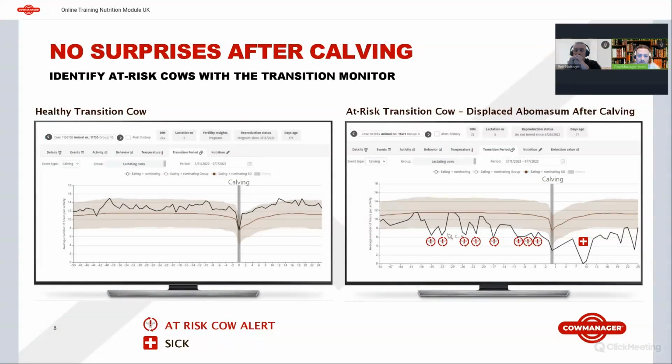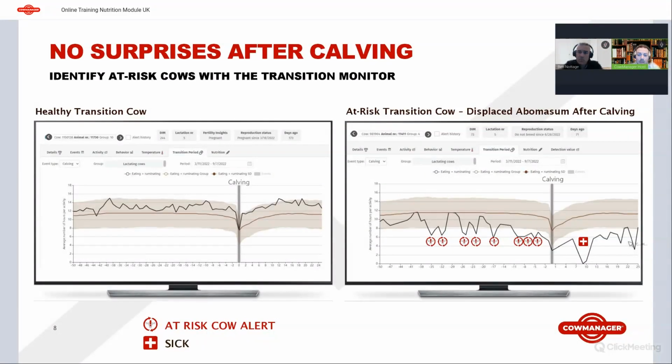They tried in this one as well. So they gave her a painkiller on this day, they gave her a painkiller on this day and on this day, and you could see that this cow had some benefits of that painkiller, but because the primary cause wasn't fixed, she fell back towards her old habits, which was struggling. And that created some extra issues after calving, the abomasal displacement to the right here on day 9,